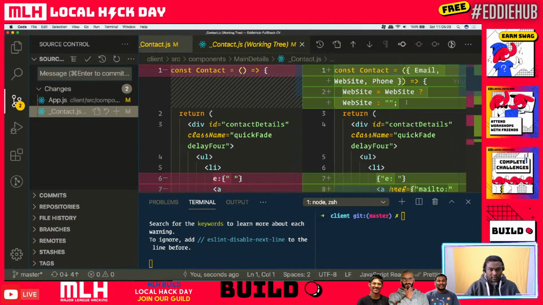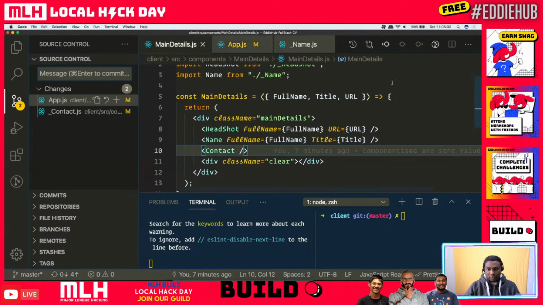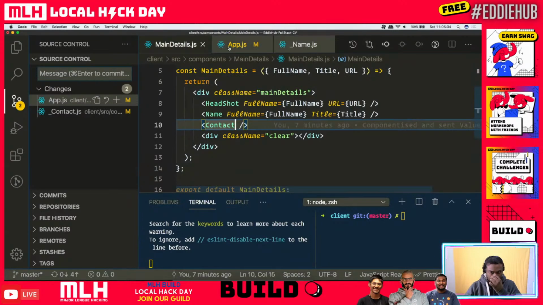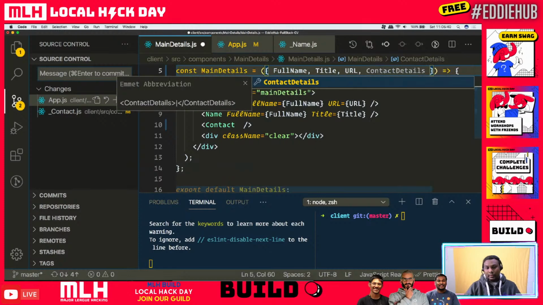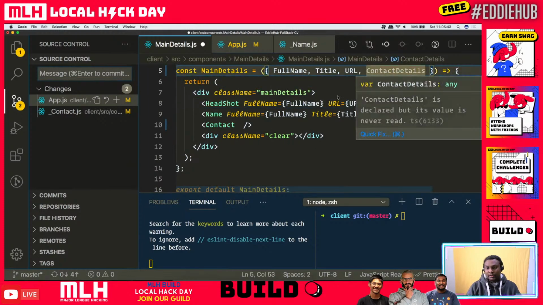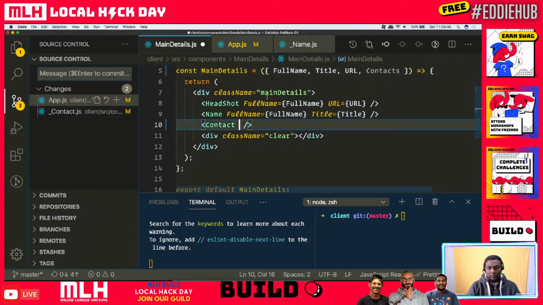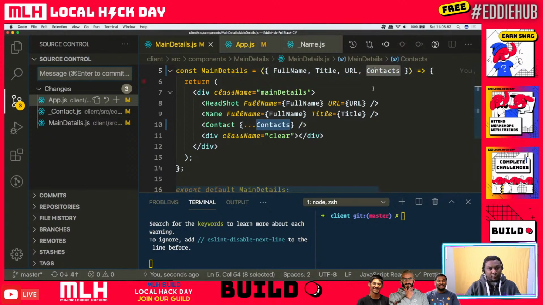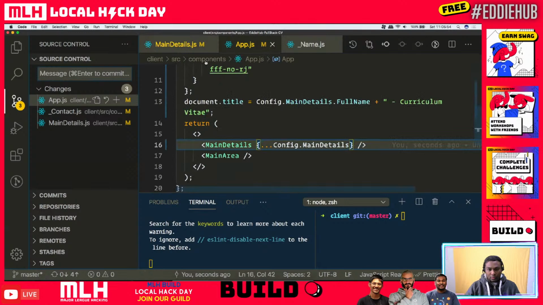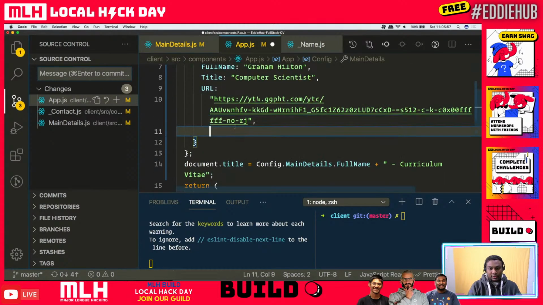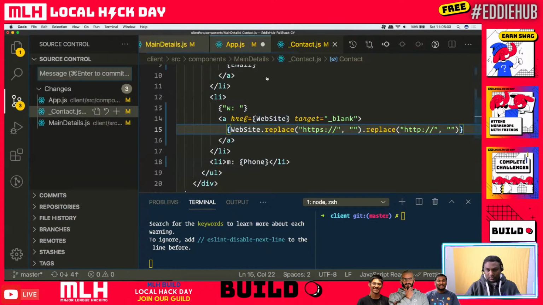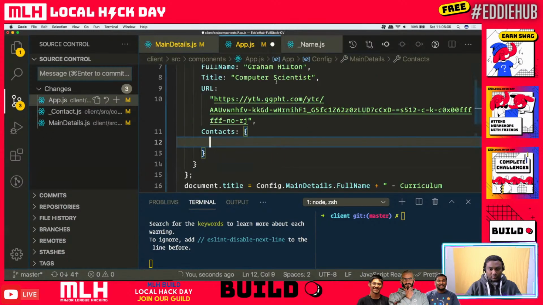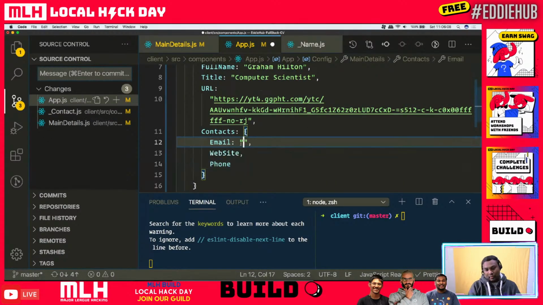So that's fine. So let's go back to our main details, contact. We can just do contact details, or else contacts, and then we can do contacts here. Now this contacts is supposed to be again kind of like an object. This can have our 3 things that are there in contacts: email, website, and phone. So email is going to be